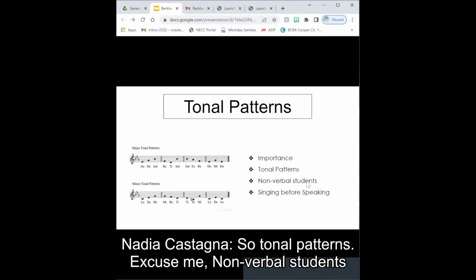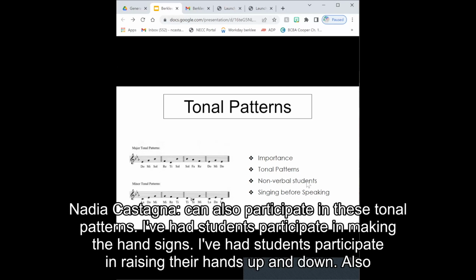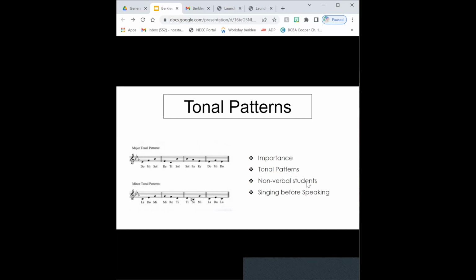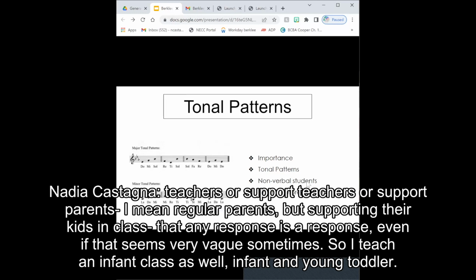So tonal patterns, nonverbal students can also participate in these tonal patterns. I've had students participate in making the hand signs. I've had students participate in raising their hands up and down. Also, in music education, especially what we do for introducing tonal patterns, is tell teachers or support parents, regular parents, but supporting their kids in class, that any response is a response, even if